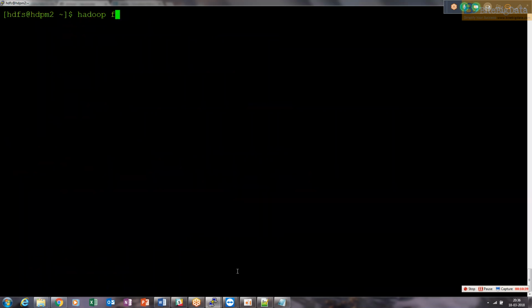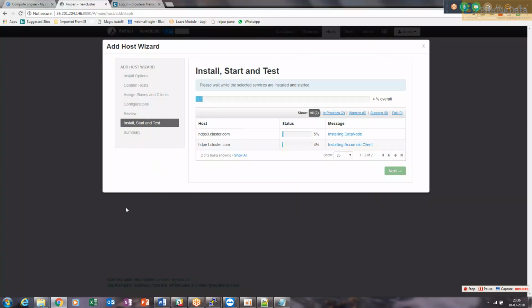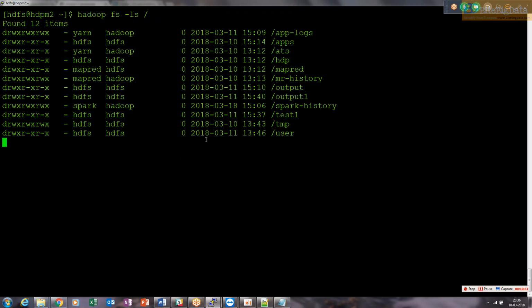If you do hadoop fs -ls, you can look into the directory. You can also do some operations on HDFS, even though at the backend it is trying to install a few more things. You can just try to make a directory, that is a write operation on HDFS. If I say mkdir and try to create /wow,